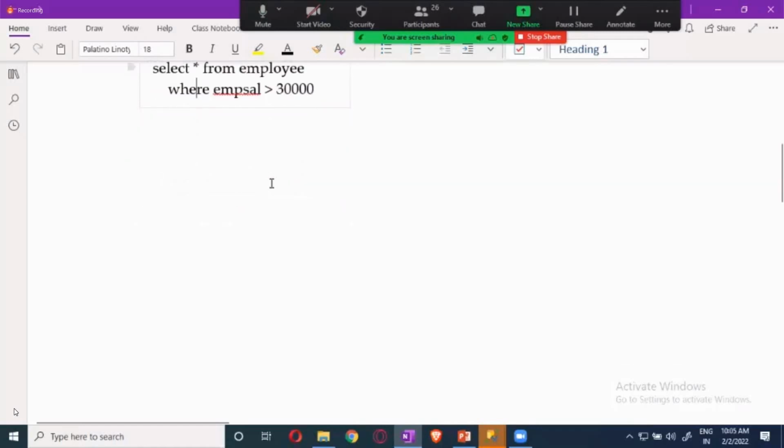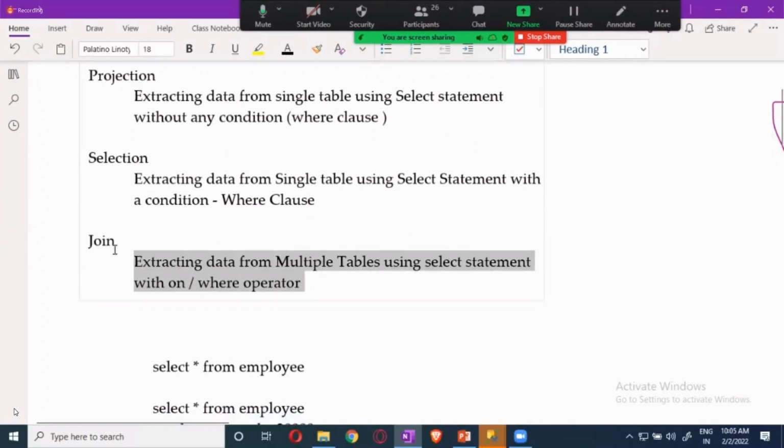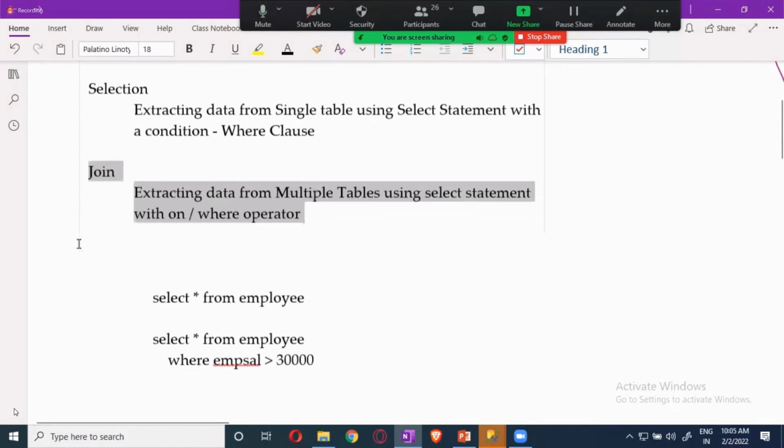Now, when it comes to joins, guys, you are going to join more than one table, combine the output of those tables, and give it as a single output.